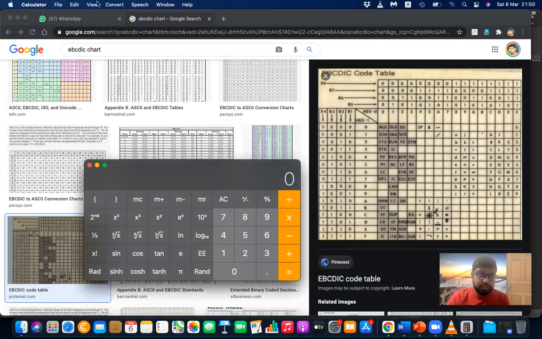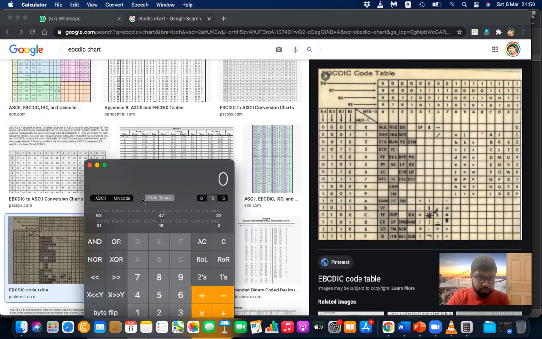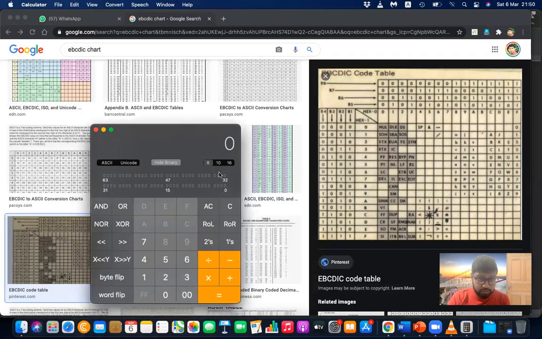I'm going to the programmer mode of the calculator, and I'm going to use binary. Let me write the hexadecimal one, then the binary code will be shown here. From this side I have C, from this side I have 1.